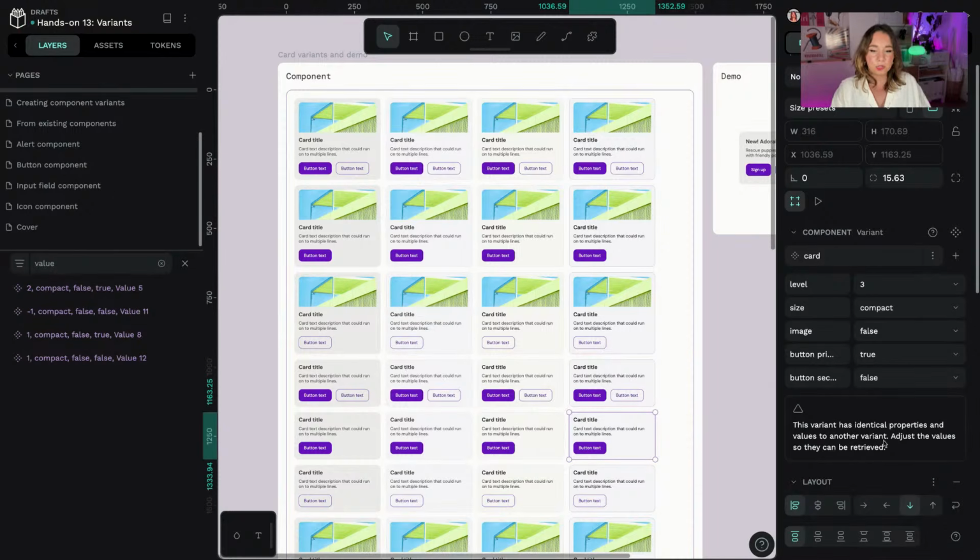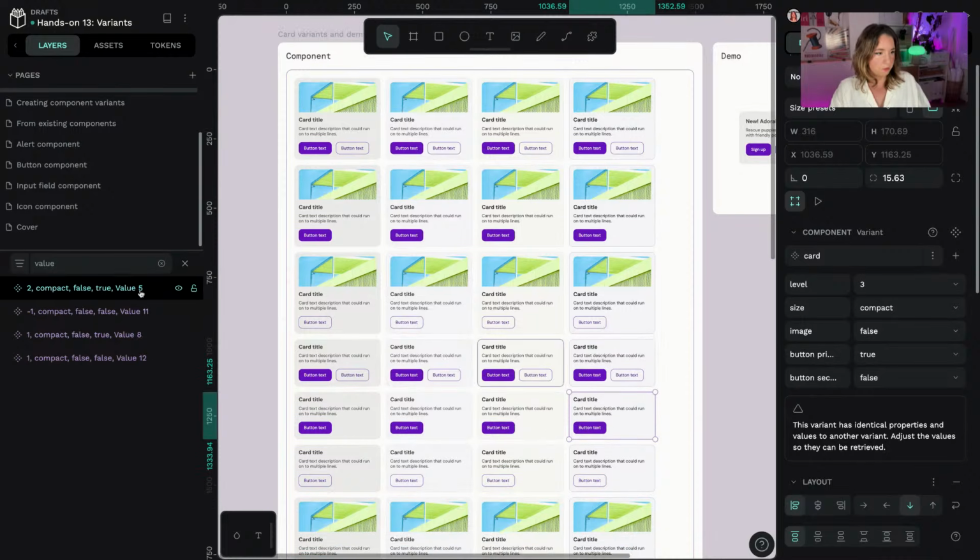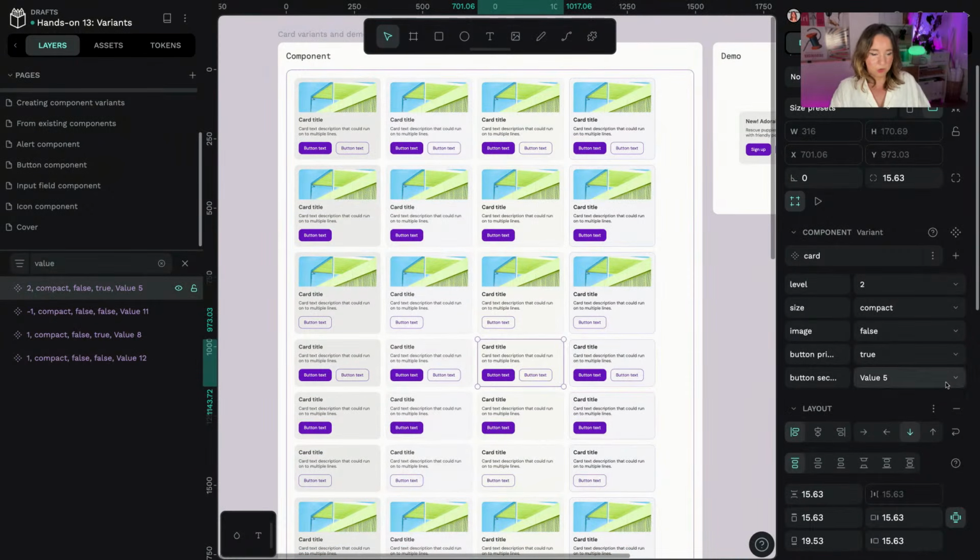And this variant has identical properties and values to another variant. So which one is that? It's something that is compact and false and true. True, false, size compact, level 3. Maybe it's another one of the other ones that's wrong. Secondary. So being organized and creating a variant carefully is quite important, even if it's not something that I'm